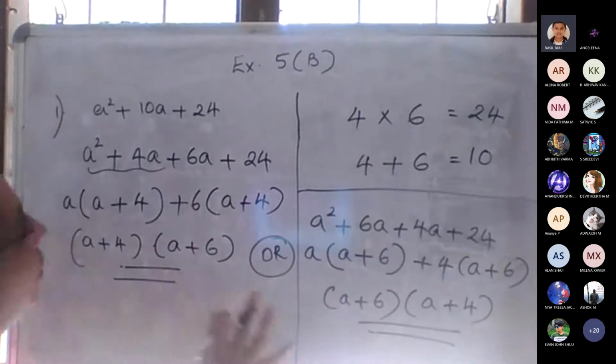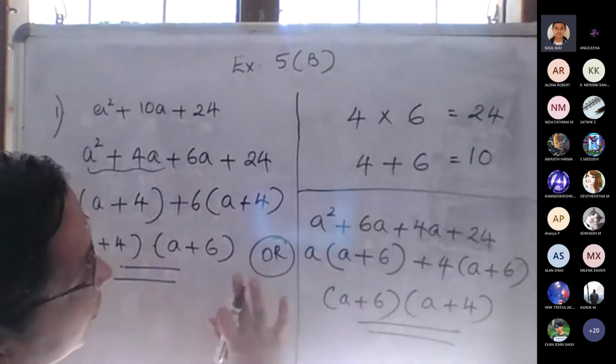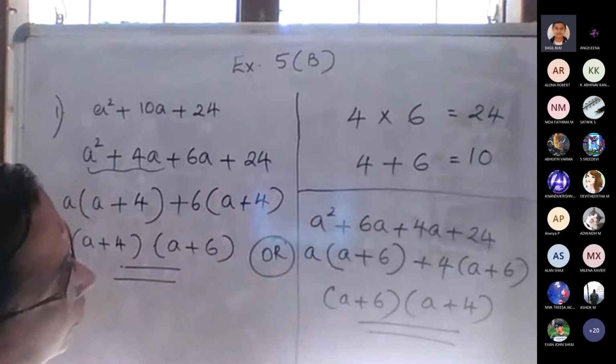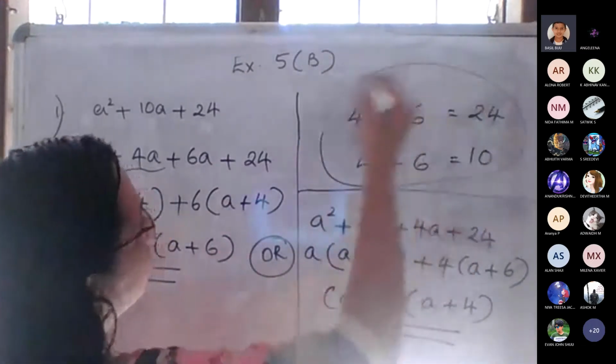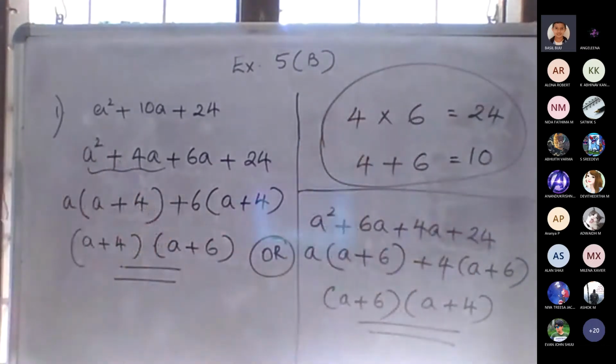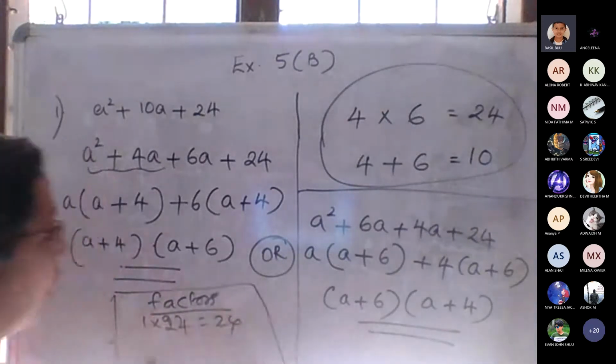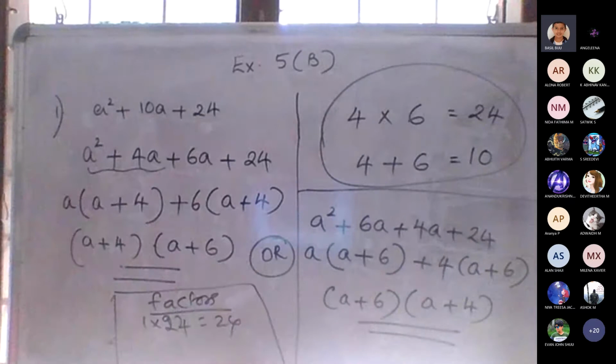So in the first question, what you have to do is write both methods separately. Do this in the working column. If you need, write the factors also. 1 into 24 is equal to 24, those factors. Then take those two, then again we have to take only 4 and 6. All those things, write in the working column. Then from the next question onwards, do one method.